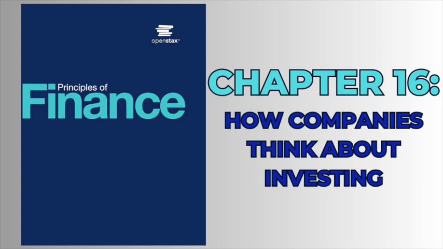Learning outcomes. By the end of this section, you will be able to choose between mutually exclusive projects, compare projects with different lives, compare projects of different scales, and rank projects when resources are limited. So far, we have considered methods for deciding to accept or to reject a single standalone project. Sometimes, managers must make decisions regarding which of two projects to accept, or a company might be faced with a number of good, acceptable projects and have to decide which of those projects to take on during the current year.